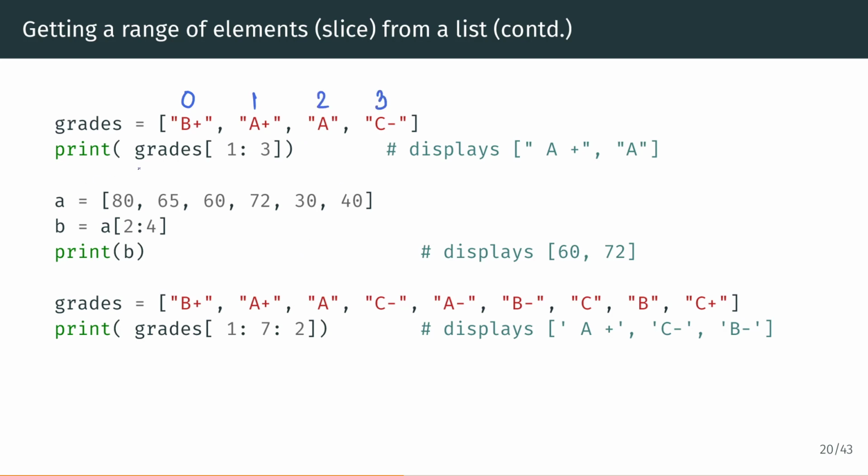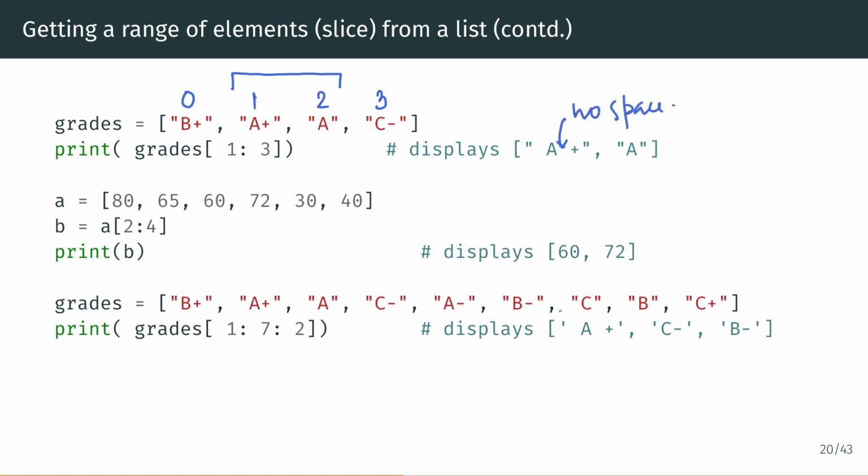The next statement prints the sublist starting from begin index 1 and end index of 3. So this gets a sublist starting from index 1 and up to but not including 3, so 1 and 2, right? So it displays a plus, obviously there is no space, that's a mistake,